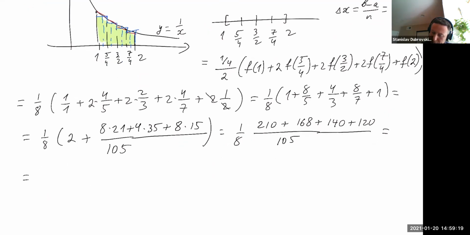Long story short, we'll get 260 plus 210 will give us 470, plus 168, plus 140, gives 640, minus 2, 638. So it looks like 1/8 times 638